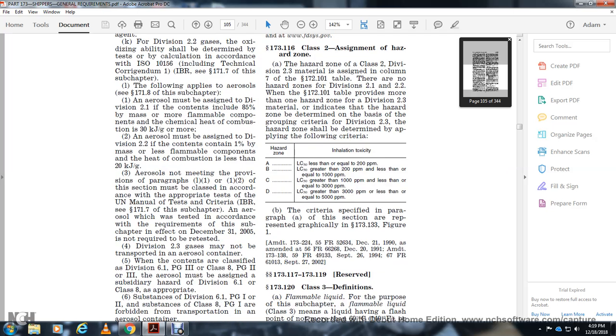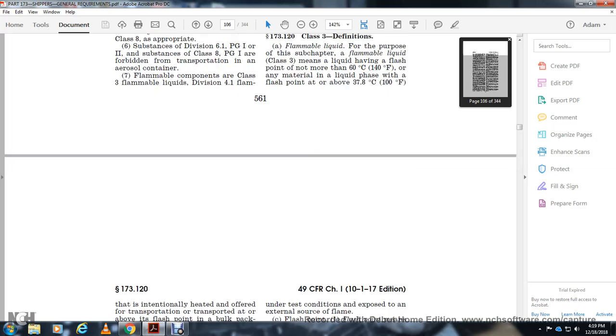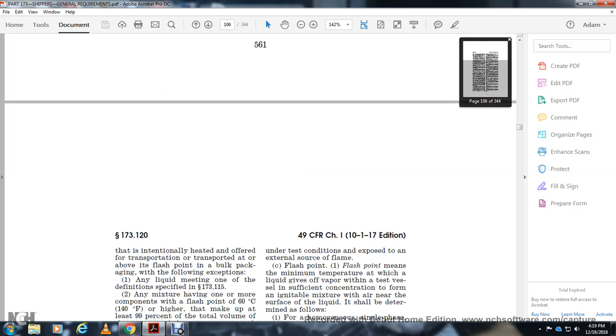173.120 Class 3 definitions. Flammable liquid, for the purpose of this subchapter, means a liquid having a flash point of not more than 140 degrees Fahrenheit. A material in the liquid phase with a flash point at or above 100 degrees Fahrenheit that is intentionally heated and offered for transportation or transported at or above its flash point is in bulk packaging, with the following exemption: any liquid